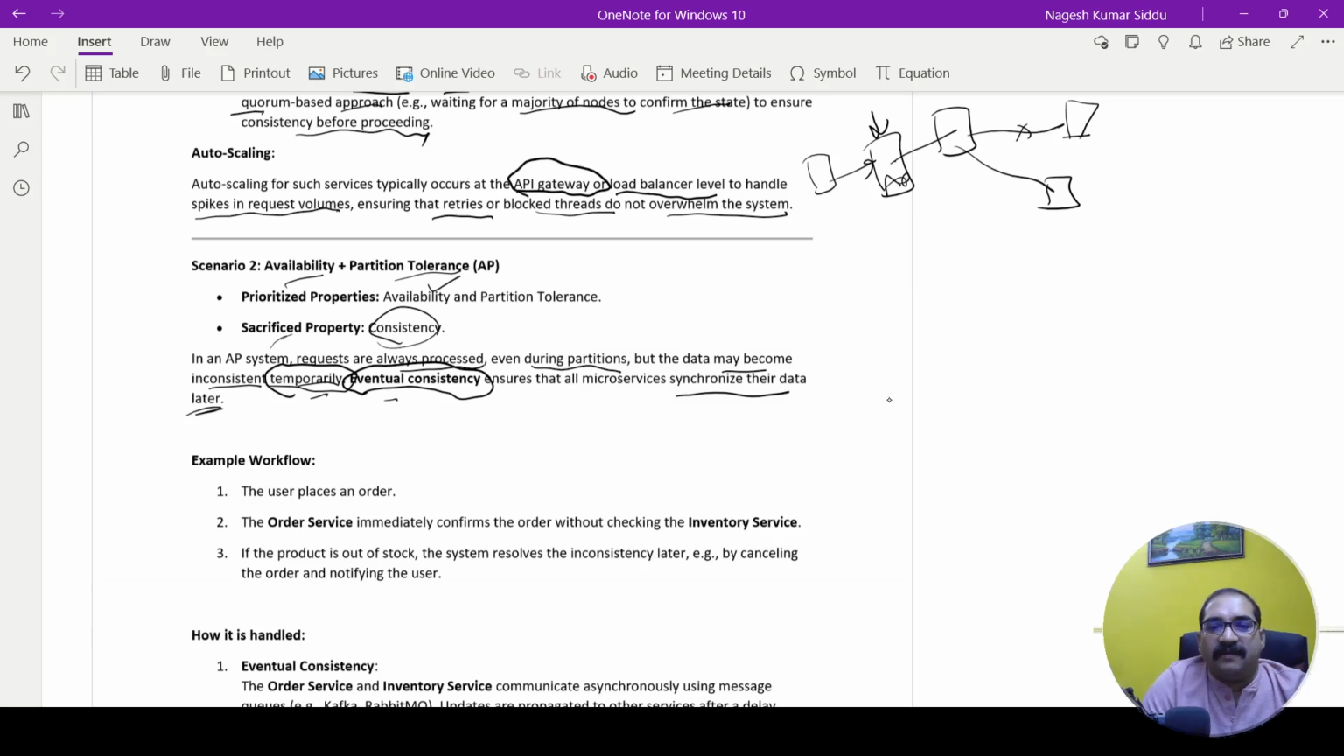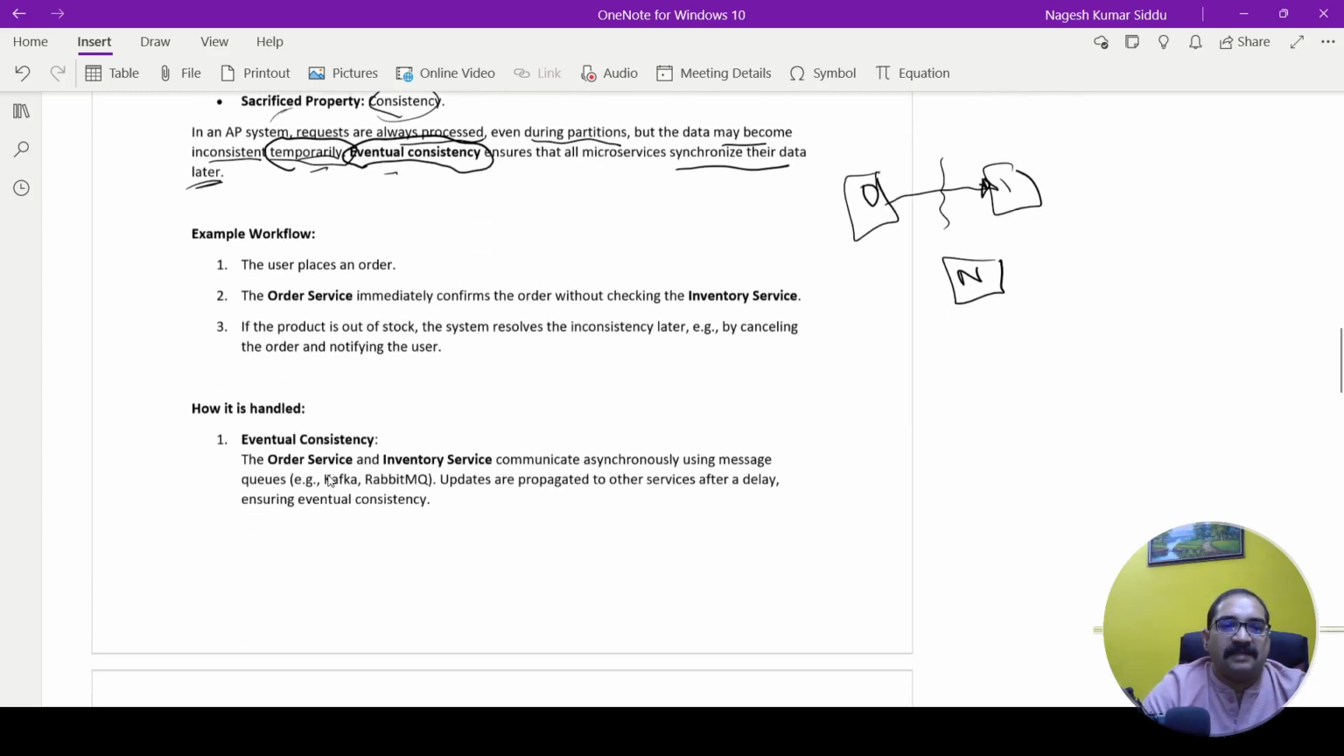So we have 3 microservices: order, inventory, and then notification service, right? Suppose when order is asking the inventory and a network failure happens, it will not wait for a response from here, and it will proceed. So let's see in detail. The user places an order,